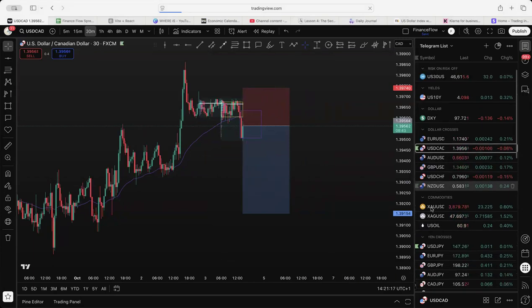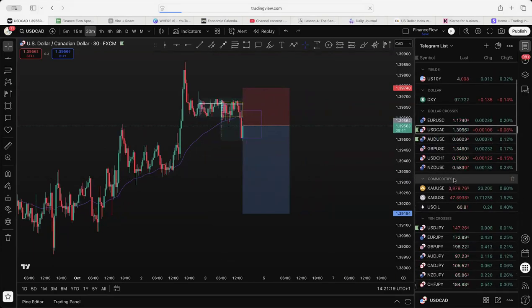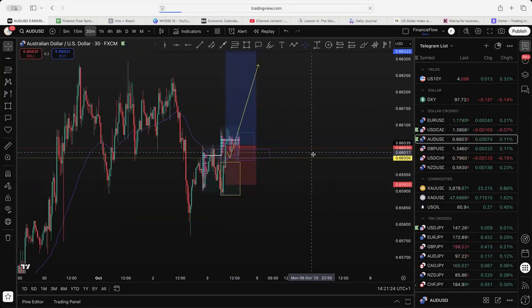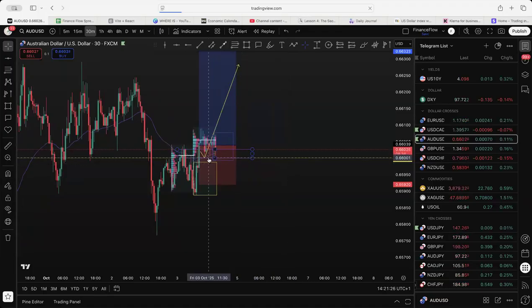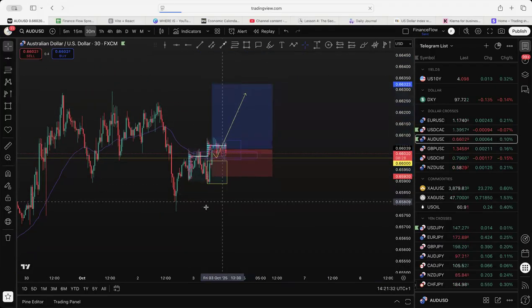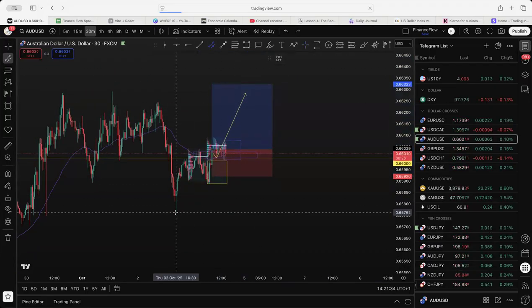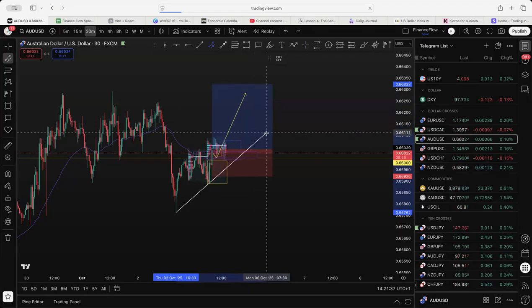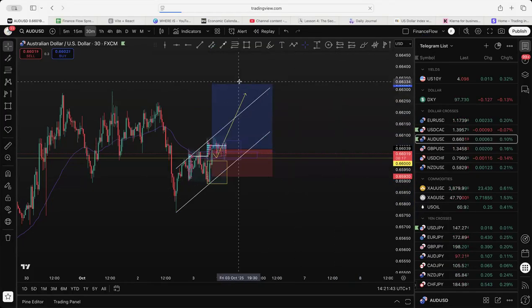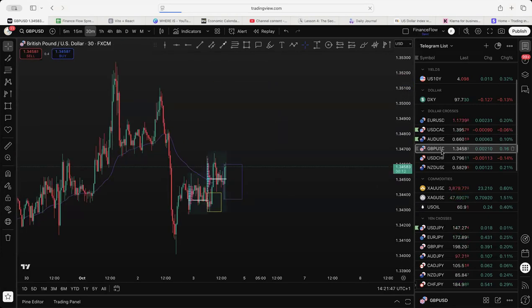Let's highlight that. Let's get rid of this. I am still in AUD USD. I still think that we've got some higher movement here as long as this level here holds. I'm going to hold out on this one. I don't think it's got that much projected upside potential, but we are making a nice little channel here. So let's wait and see how this one plays out. So AUD USD, I'm still in from this morning.